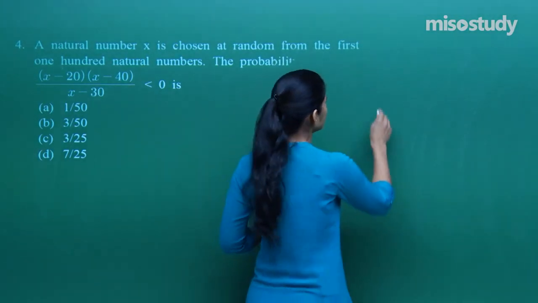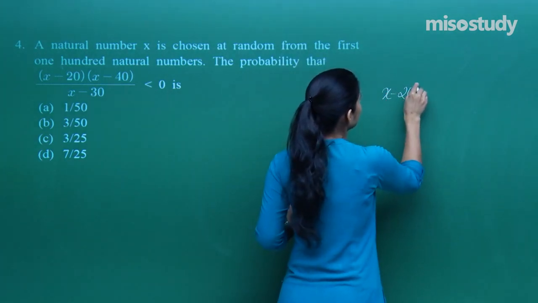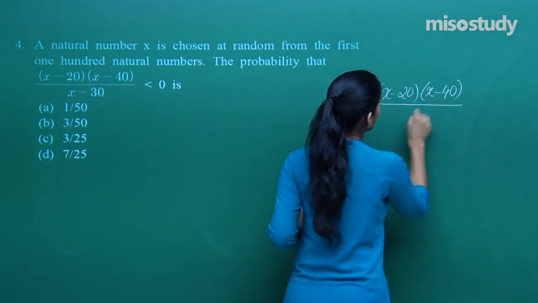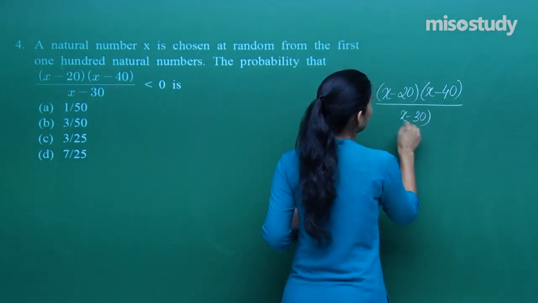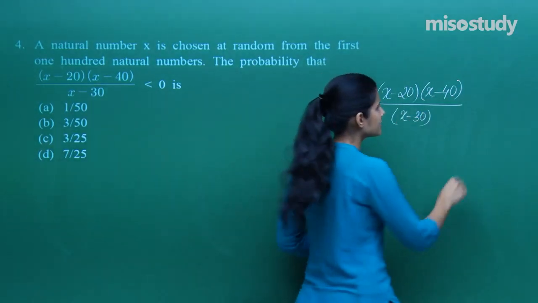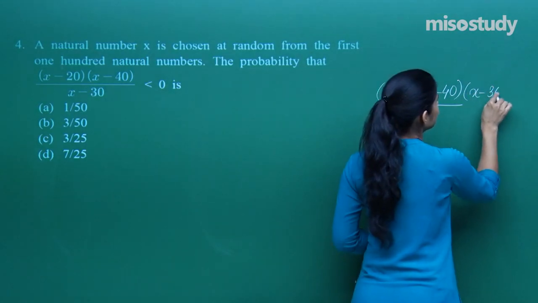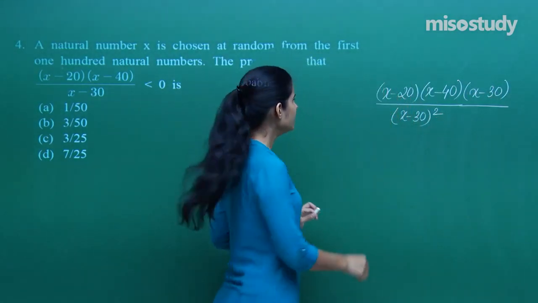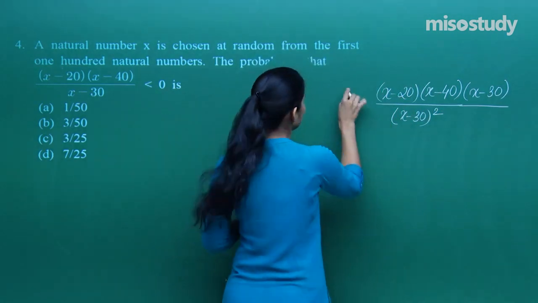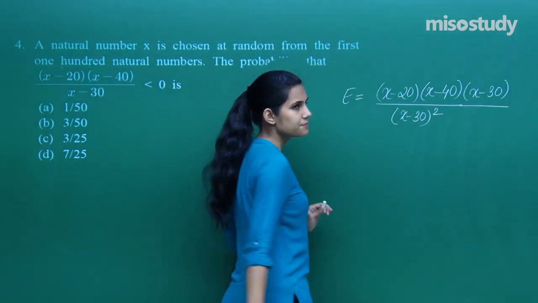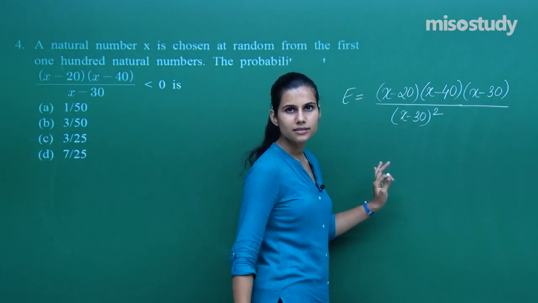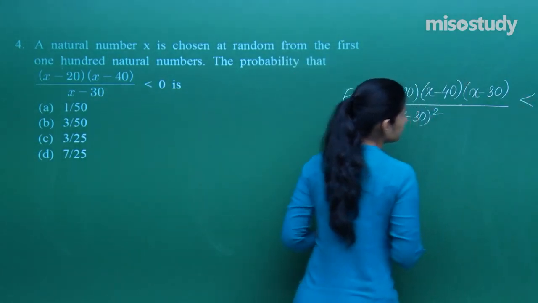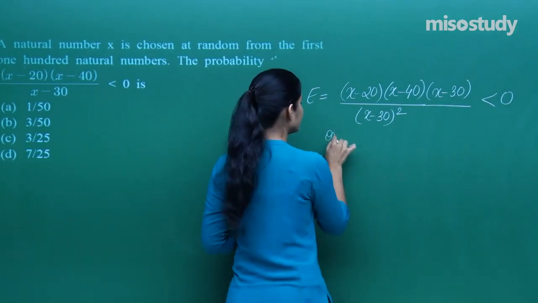Now, if I talk about this expression x minus 20 into x minus 40 upon x minus 30, I can alternatively write it as x minus 30 you multiply with and you divide with. Fine. So, this is my event E. I can say this is my event E. I have just multiplied and divided by x minus 30. Now, this will be less than 0 only when,